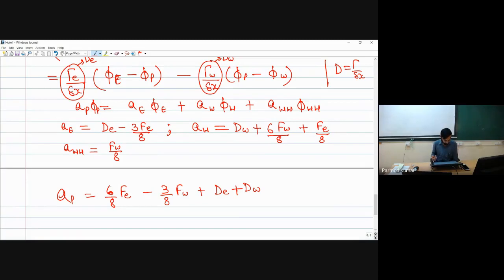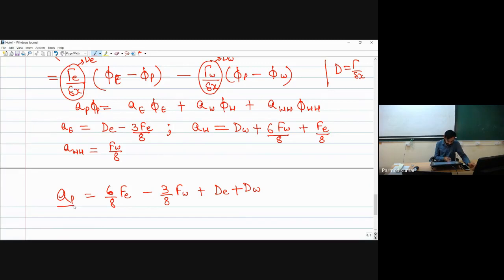Okay, fine. So now over here, if you see, we are getting the number of plus and minus terms over here. When I have coefficient of AE, it is having this DE minus FE by 8, then this AW term seems to be entirely positive. I'm not sure about sign of FE. Is it positive or is it negative in AW? Sir, positive only. Okay, fine.